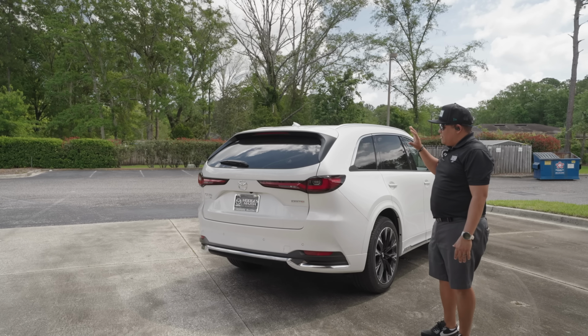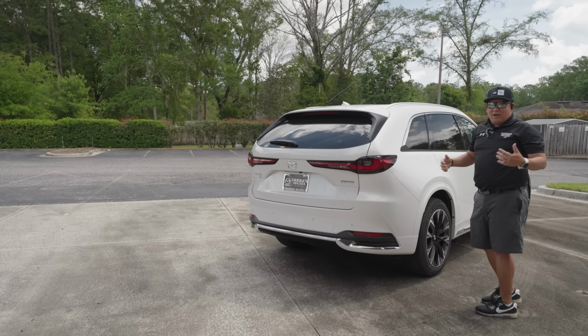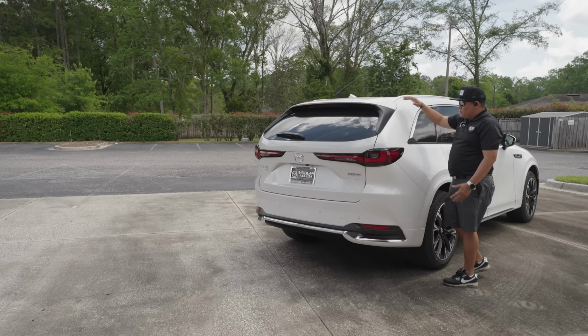For the rear, just to give it a point of reference, if I were to compare this to the CX-9, I have a car, my wife drives a carbon CX-9. The back is more boxy versus tapered. So